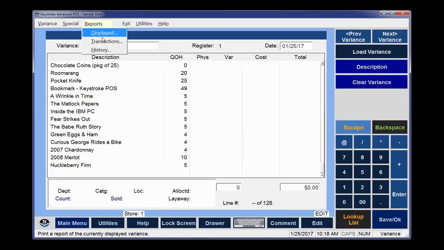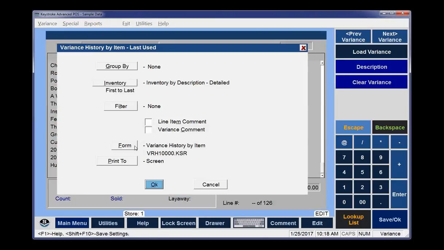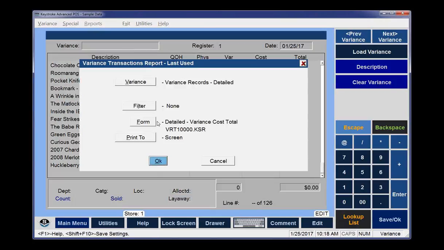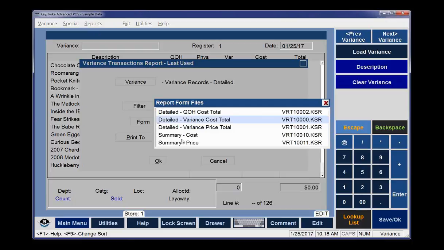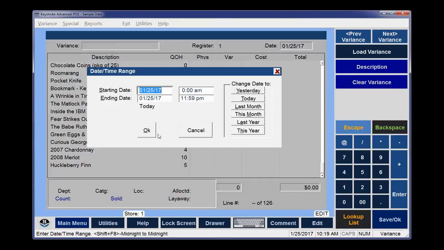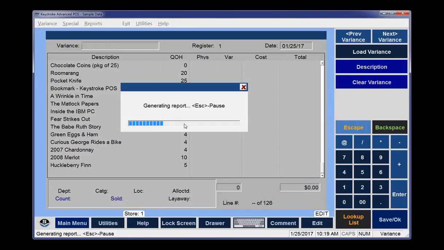Let's see, which one has the, okay. Here we go. The detailed quantity on hand cost total. This basically is just like running an inventory database report with your cost. So we're going to do this one today,